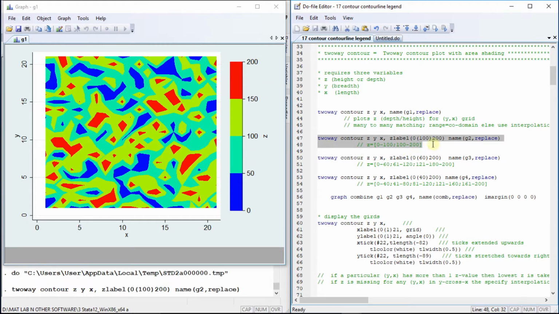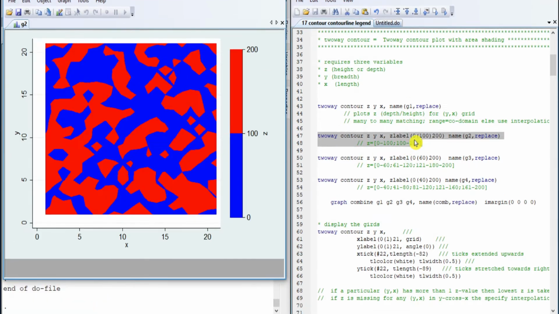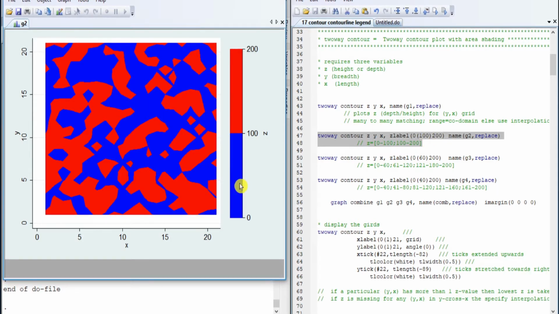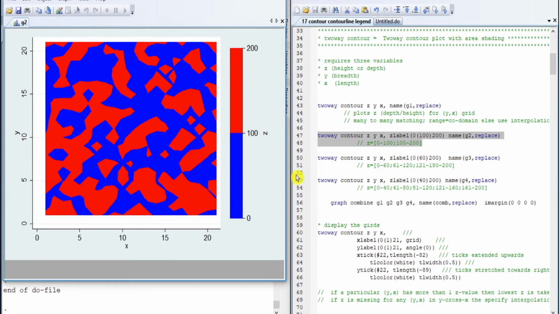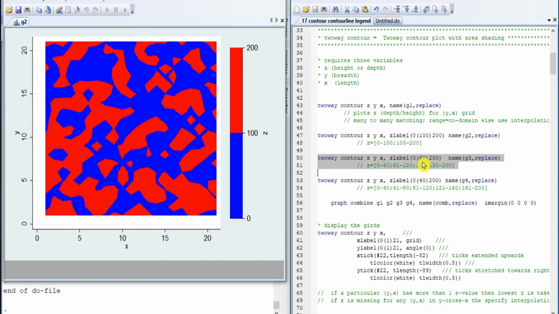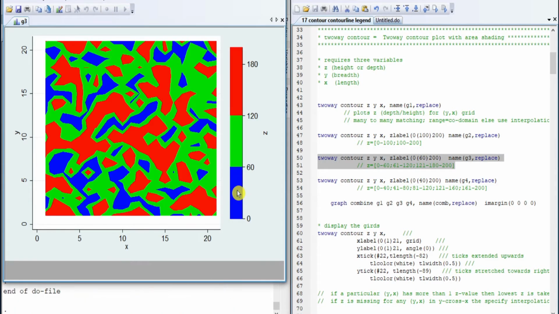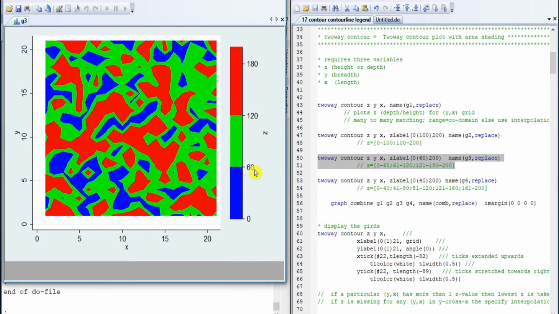So we will have two labels between 0 to 200 at the interval of 100. So we'll have two labels, and this is the depth if we want to call the z variable depth. So from 0 to 100 and 100 to 200. And we can manipulate again. Let us see another variation from 0 to 200 at the interval of 60. We'll have three labels, so 1, 2, 3 color bands and three labels, from 60, 120, 180, and above